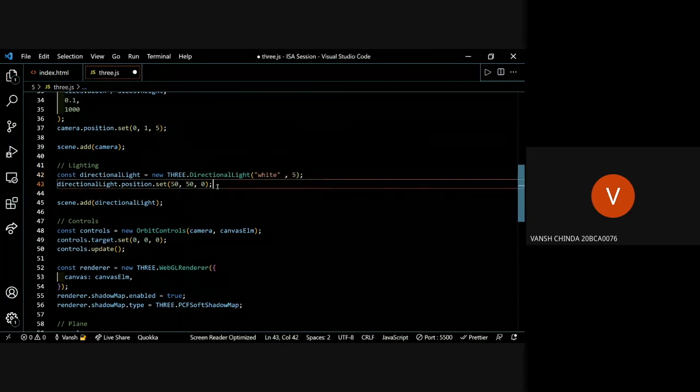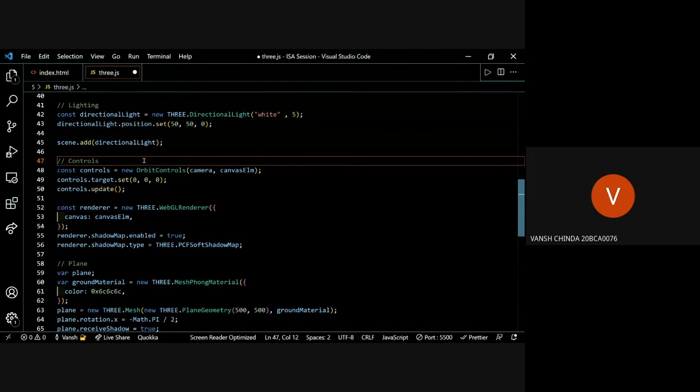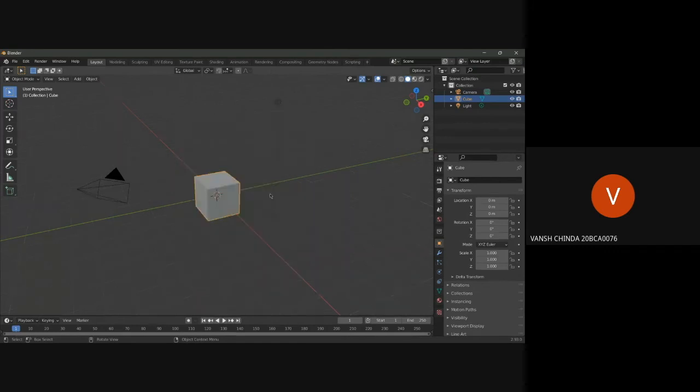Let's jump further. Now this is orbit controls. If you remember how I control Blender, I'll open Blender again. When we rendered the first file, that was the cube, we couldn't move around like this, how I move around in Blender. That wasn't possible in that. So to make that possible, three.js has something called orbit controls. Basically, I'm just using my mouse's middle button and scrolling around to move here. Now I'll press shift and then go down, if I need to go down like this.